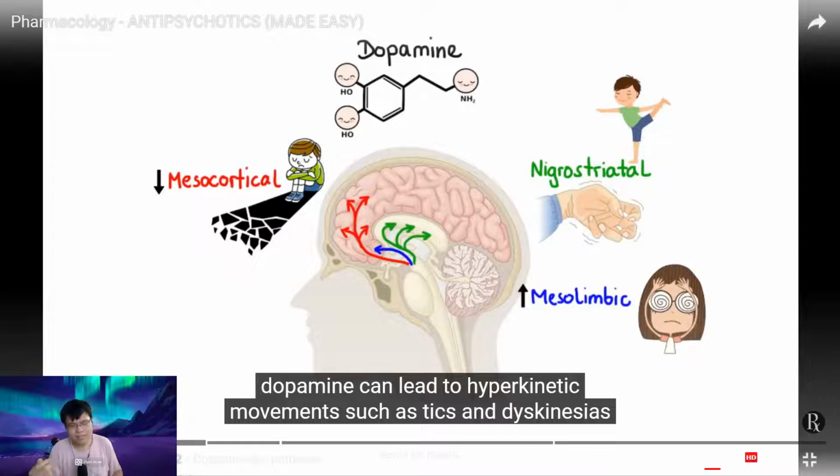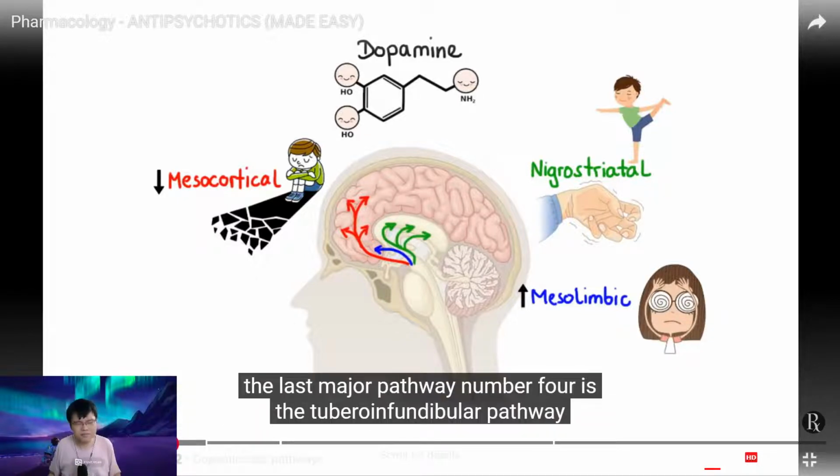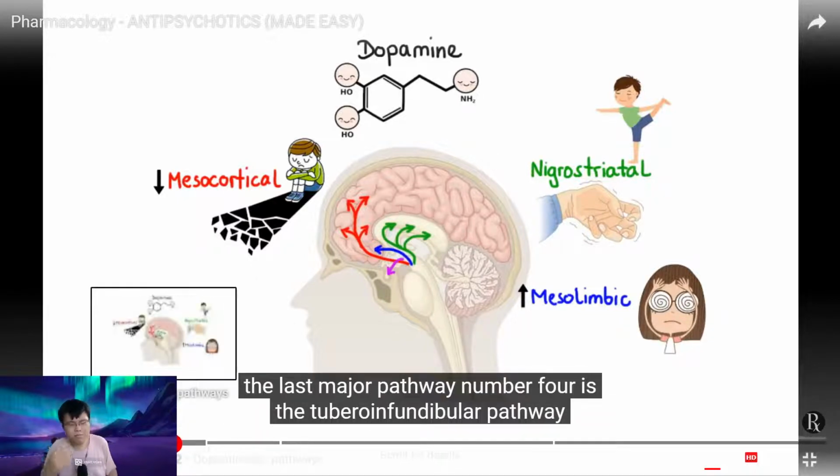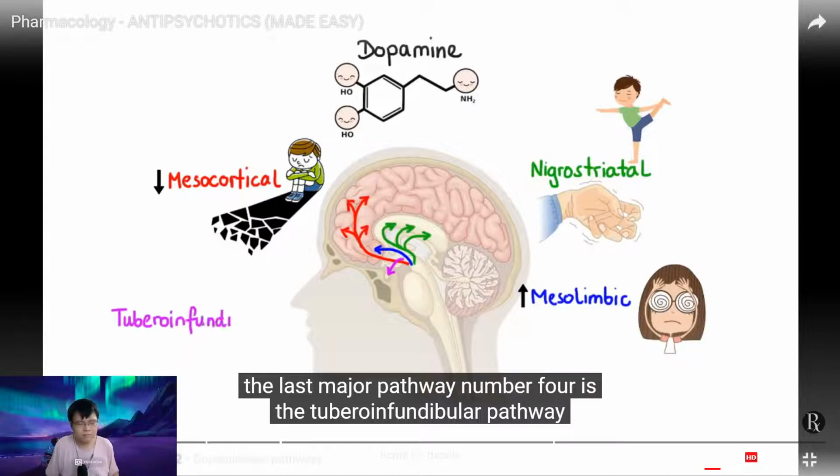Hyperkinetic movements such as tics and dyskinesias, especially when you start talking about things like tardive dyskinesia. So you start talking about receptor density, upregulation, supersensitivity, and all. The last major pathway, number 4, is the tuberoinfundibular pathway,